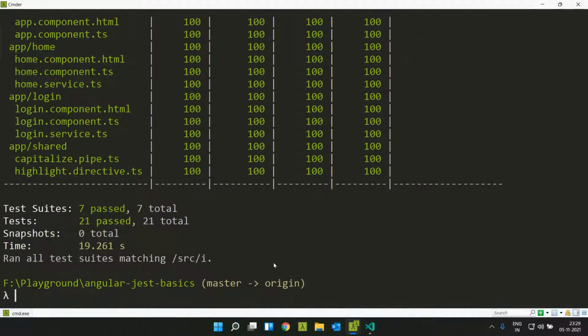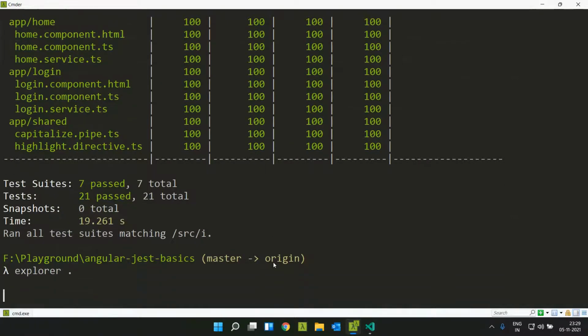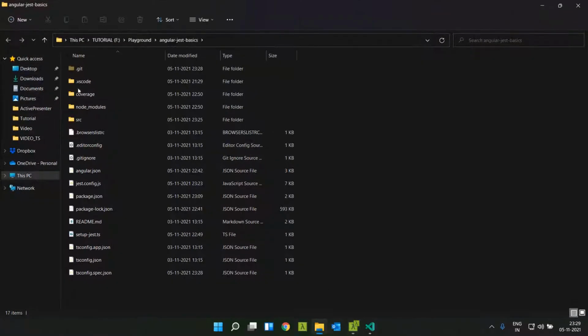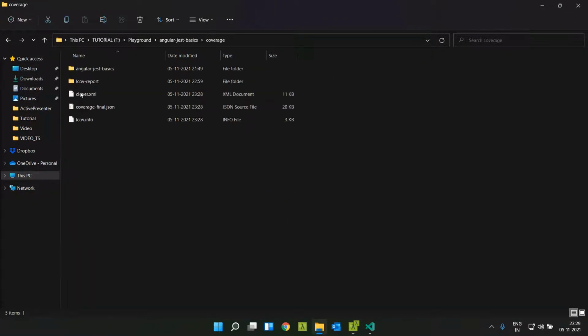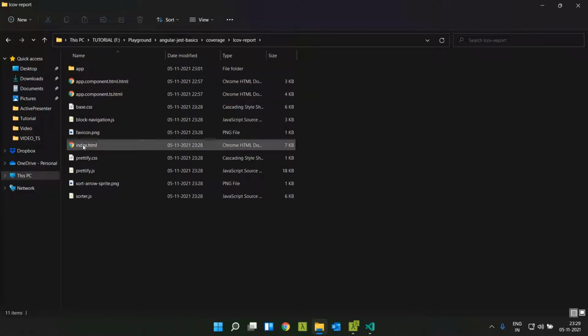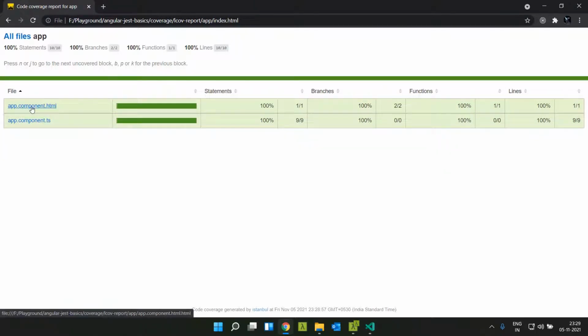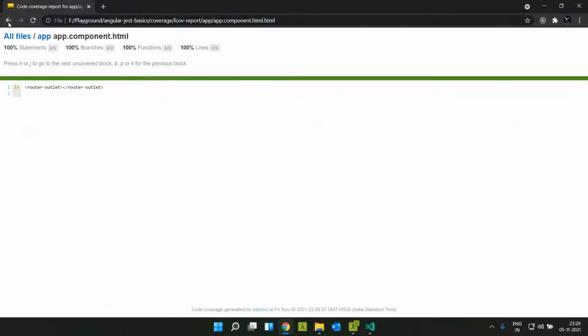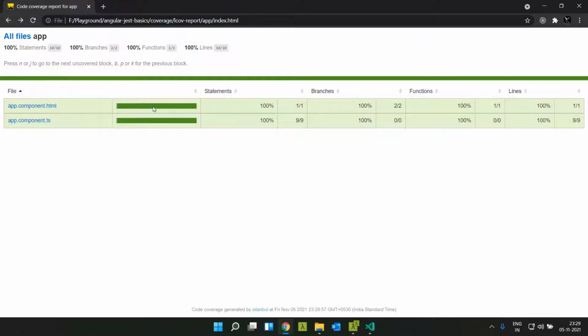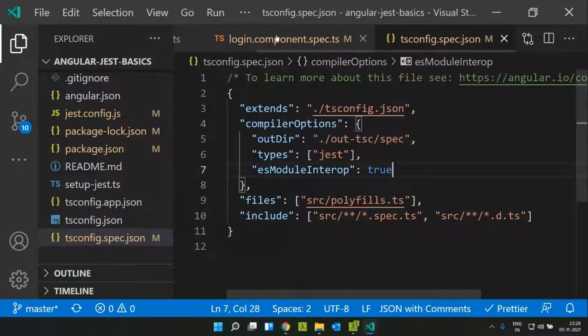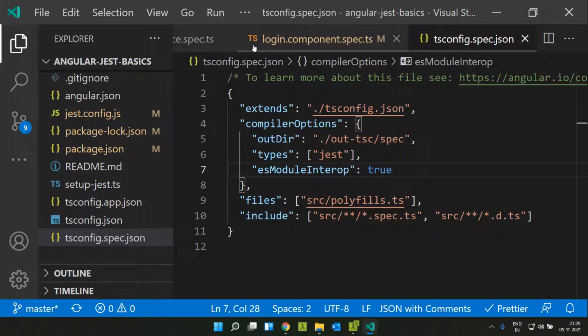In case you want to see the coverage details, you can go inside the coverage folder, and it will be showing the LCOV report. This is similar to the one which we have in Jasmine. One thing to note is that here it is listing the HTML files as well, so we can ignore this within our Jest config.